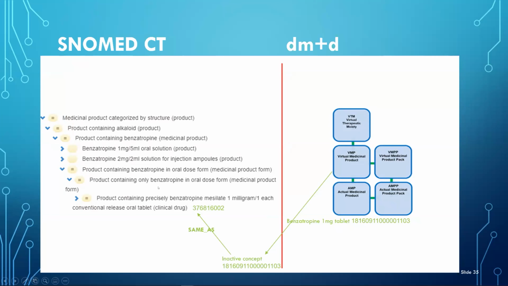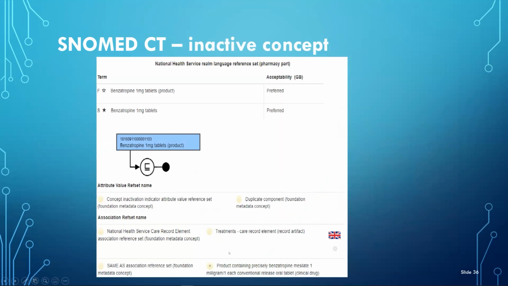Here's another example where things have gone the other way round, and we've got a product here, benztropine, which had this DM&D code, and it seemed to be the same as this, and this code has been inactivated. And if you go back and look at that, you can see that that is an inactive code within the UK extensions now. So that helps us manage